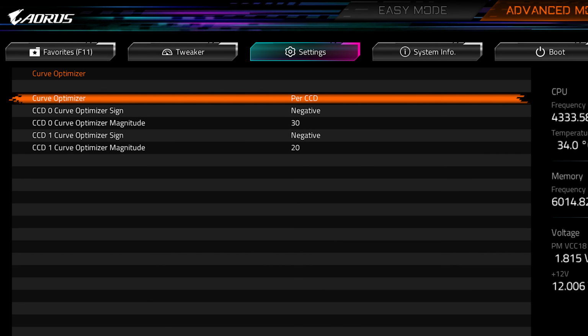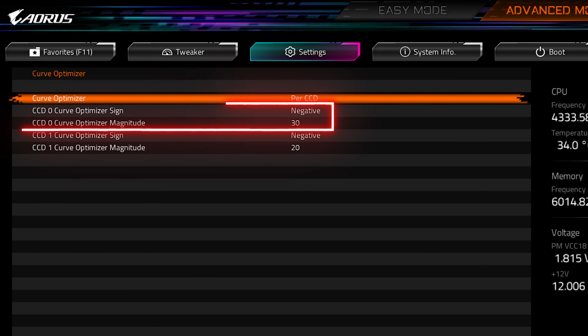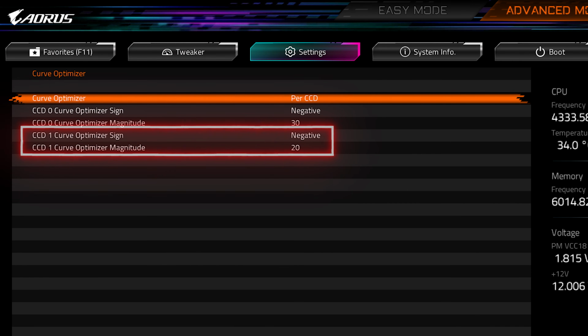For my 9950X, unlike my 9900X, I selected the per CCD option, and I set a -30 CO for CCD 0 and a -20 CO for CCD 1. I did this because my CPU was unstable with an all-core curve offset of -30 for each CCD. This is a tweak that is heavily dependent on silicon quality, so I highly recommend starting at a lower value for each CCD, say a